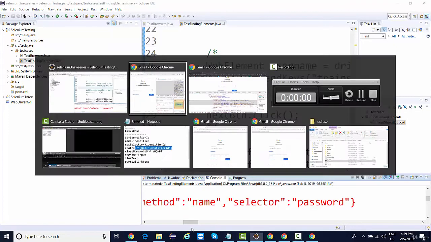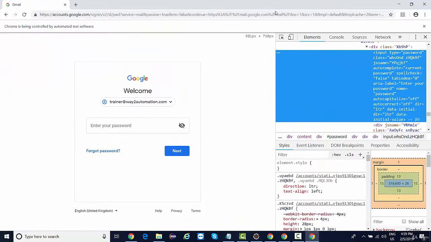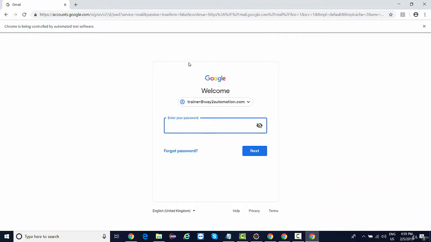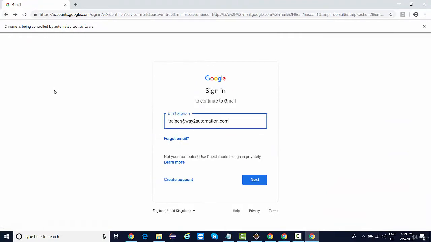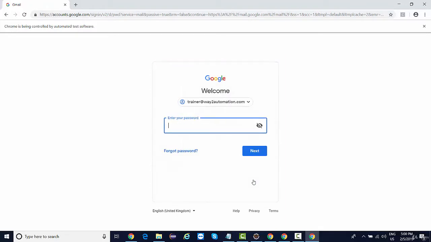Now, what could be the reason? The element is already there. It may happen that, if I go over here, initially the element is not present on the page. Initially we have this username input box, the email input box, and the next button. When I click on next, it takes a few seconds and then the element shows up. It is taking a few seconds to show this element on the same page, same page as in the page is not changing.